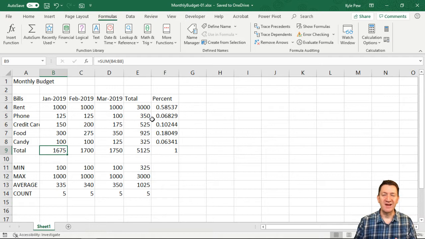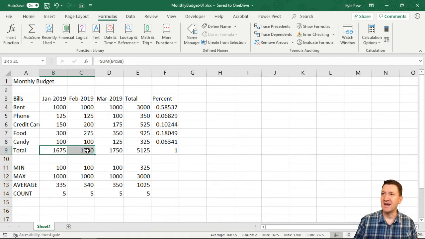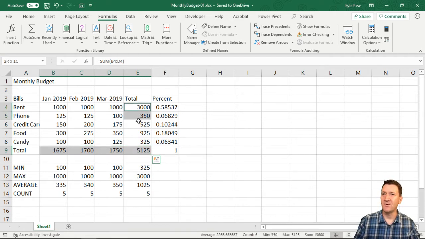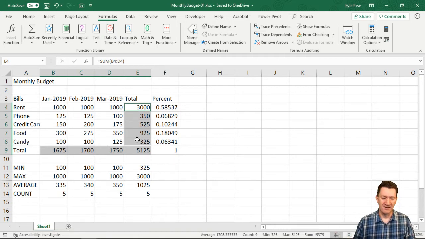So first, I know we just did a lot of work here to set this up and get all those formulas in, but I'm going to have you delete some of it. So I'm going to grab cells B9 to E9. I'm going to hold down my control key on my keyboard and I'm going to select E4 to E8. So that's your control key and it allows you to select a group of non-contiguous cells, non-contiguous rows or columns of cells. That was my control key.